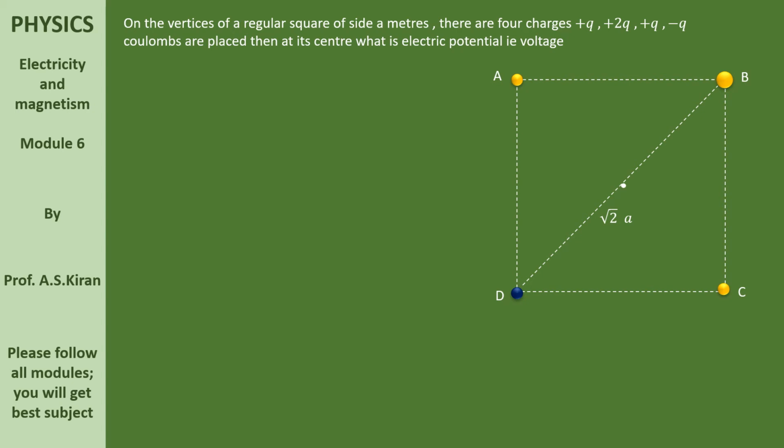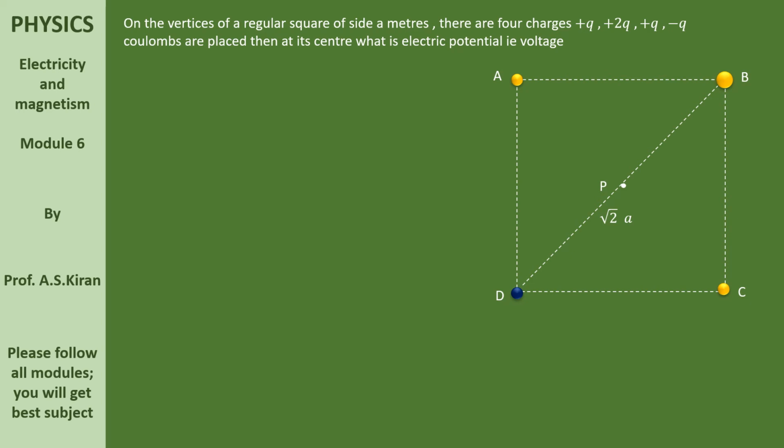Then the hypotenuse is root of A square plus A square. That is root of 2A square. A square, bring that from root out. You will be getting root 2A. Now here the purpose is to find the length of the diagonal. What is our purpose here? To find the length of the diagonal. Root 2A.